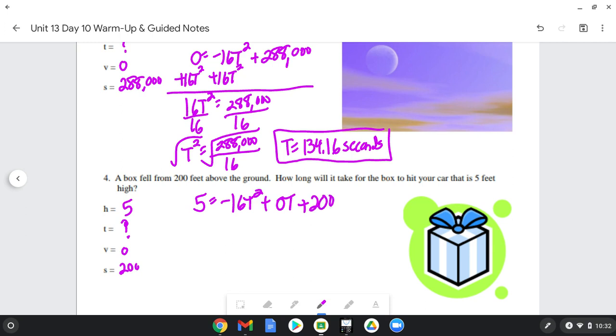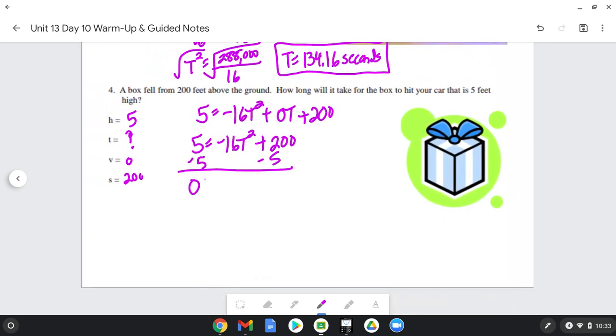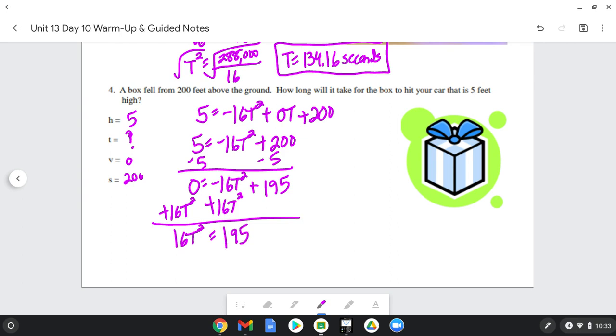I like this one. So now we have 5 equals negative 16t squared plus 200. I would move the 5 over to the 200 before I move the 16 to the left. So now I have 0 equals negative 16t squared plus 195. And now I'm going to move the 16t squared. That way all the constants are on one side and your variables are on the other for when we solve. Now divide by 16, and that's exactly what we would put into our calculator when we take the square root